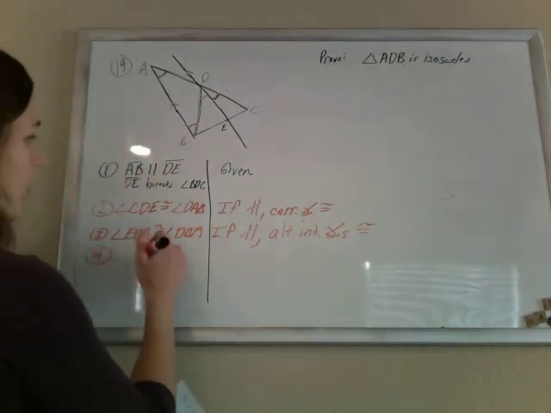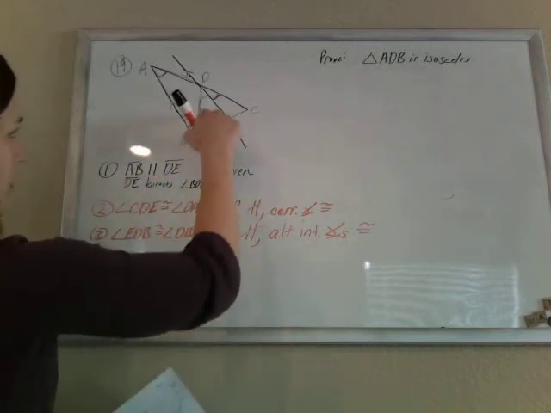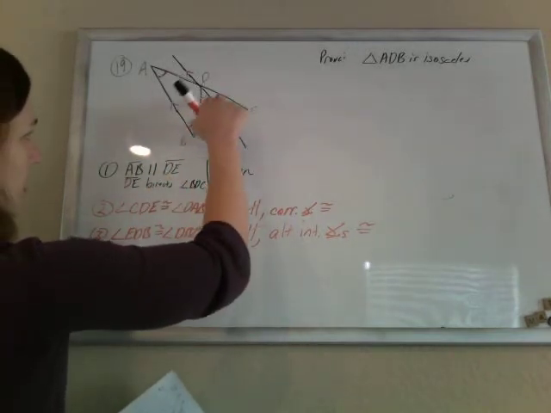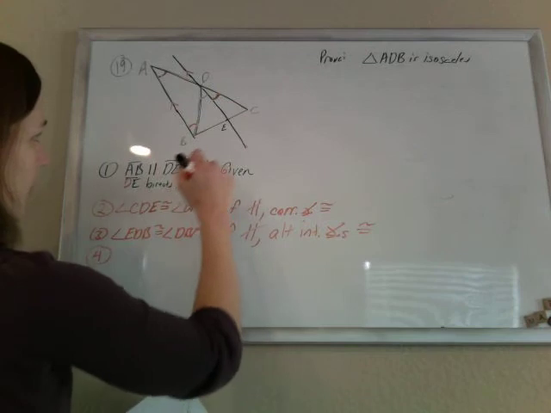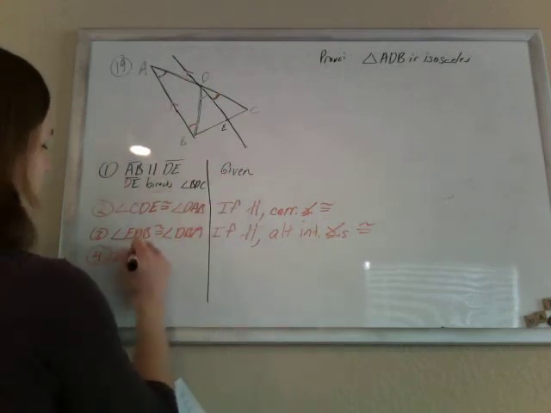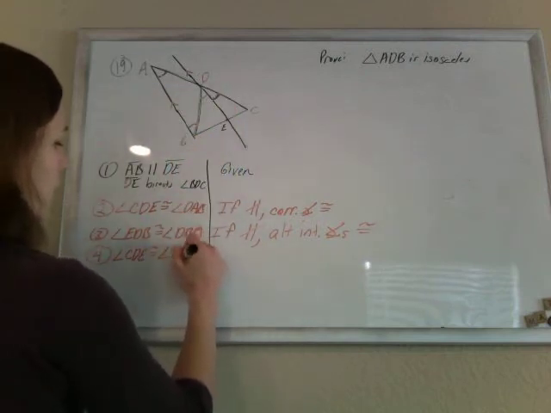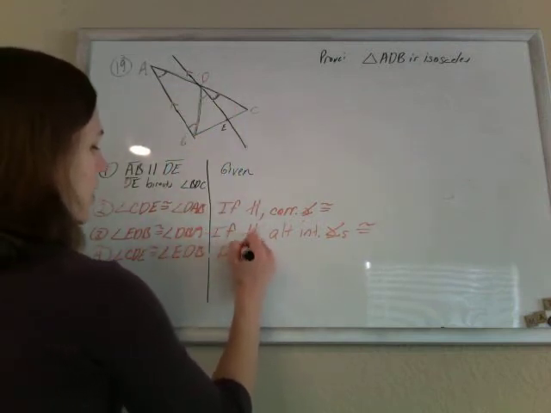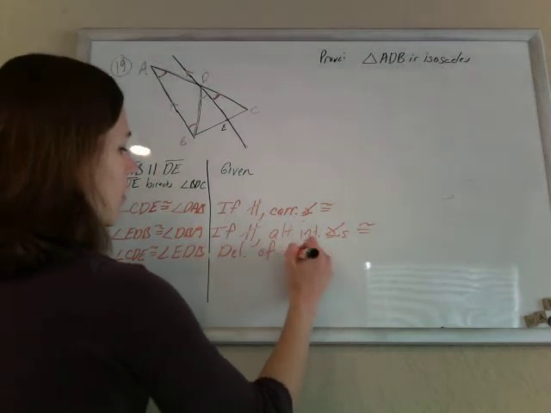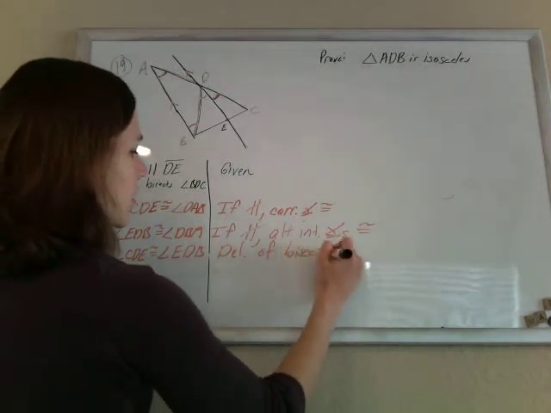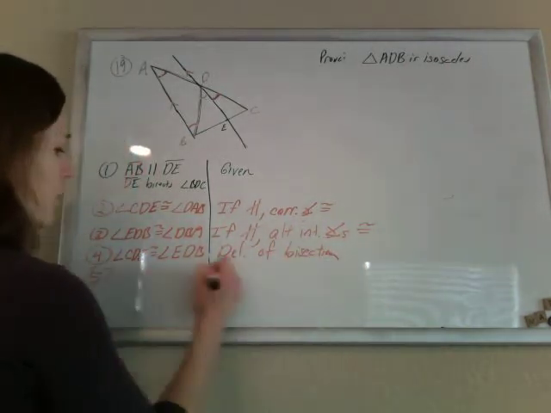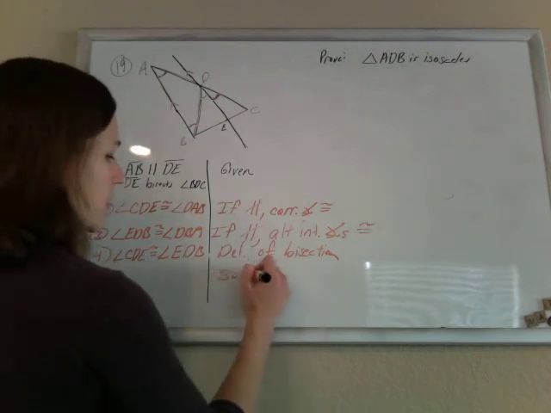And now we haven't talked about these guys being congruent because of definition of bisection. So we're going to say angle CDE is congruent to angle EDB because of the definition of bisection. And now, by substitution,